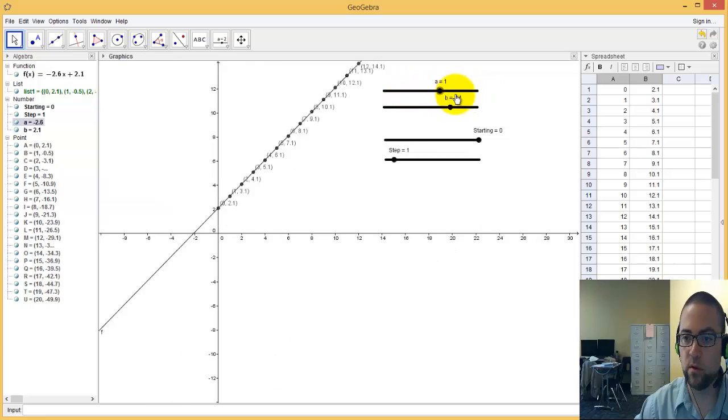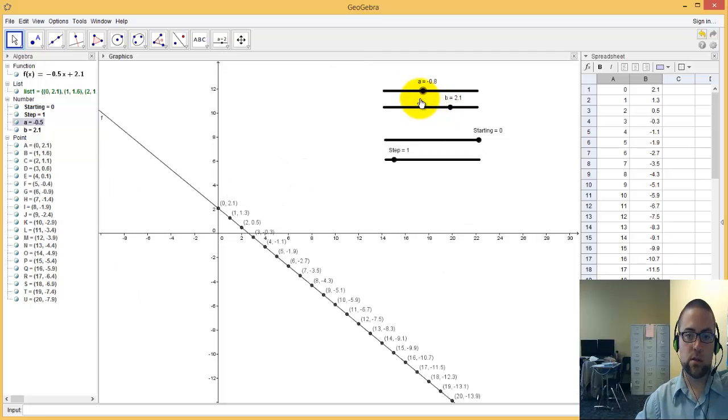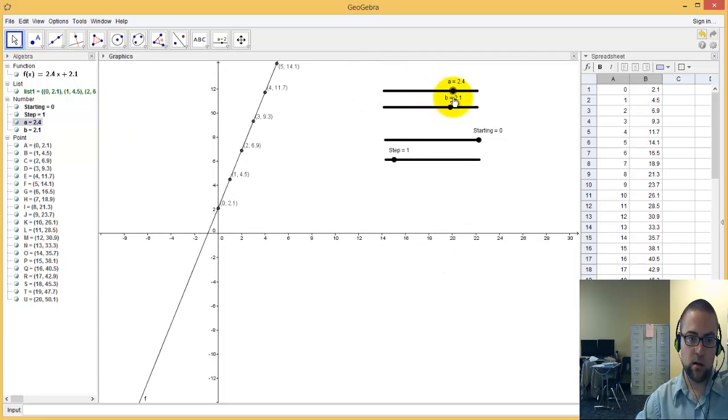It's always going to be 2.1. See, you can see that in the table values. So there's a lot going on here that all works together with the graphic view. What is your linear term? What is your constant term? And how does it work with the table of values? Your 0 value is always your y-intercept. It's always your b value. Your rate of change is always your a value, or in your linear term, or it's the difference between